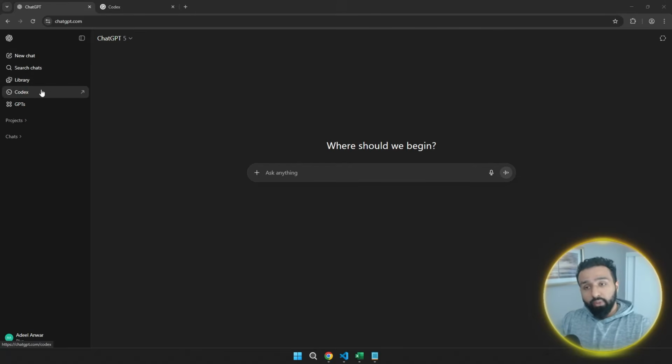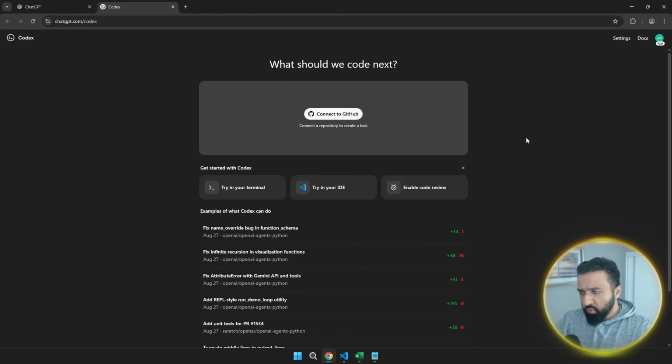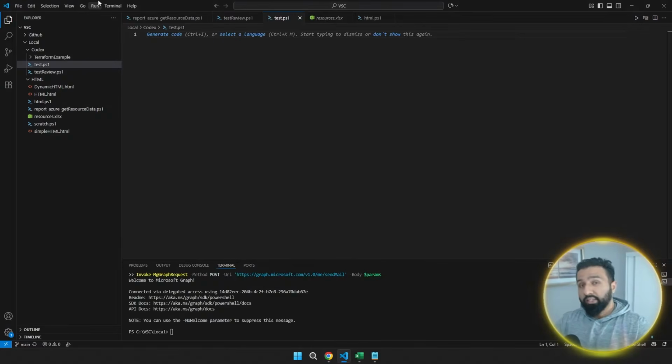There's a few ways to approach it. When you open ChatGPT and you click Codex right here, it will take you to this page. And in this page, it will tell you all the different ways you can interact with it. You can connect it to your GitHub. You can install it on your terminal, or you can install it in your IDE. In our case, Visual Studio Code. You could install it from here, but let me just show you how you can do it from Visual Studio